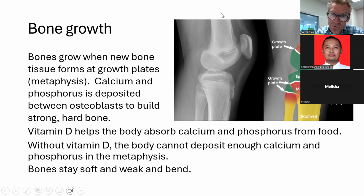There's the diaphysis, which is the central part of the bone, the metaphysis, which is close to the distal end of the bone, and then the epiphysis, which is also growing, but the metaphysis is where the bone lengthens, and it's that part between the metaphysis and the epiphysis that enables bone growth. So the metaphysis has to be laying down calcium and phosphate